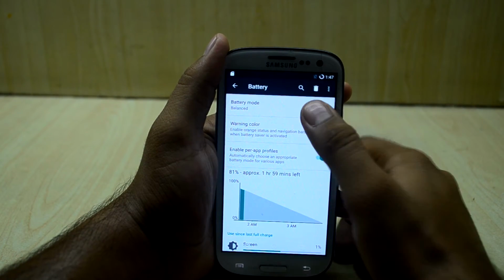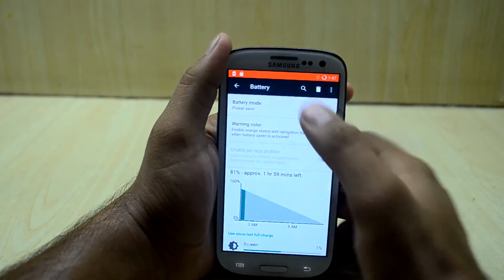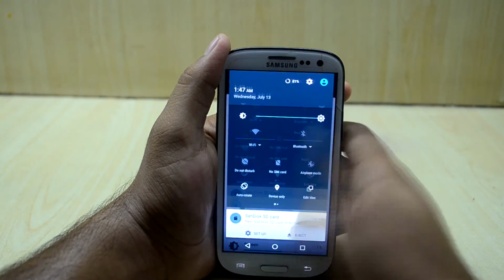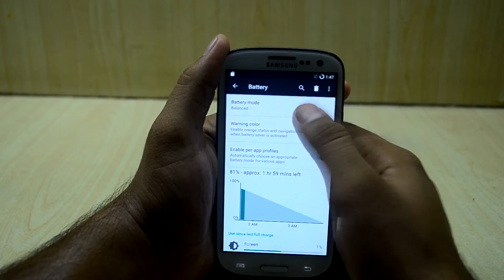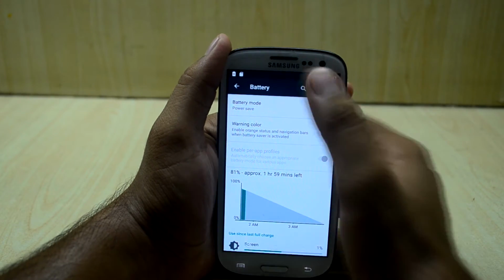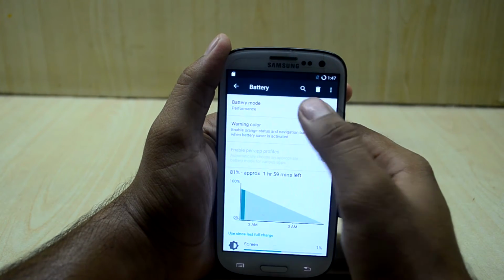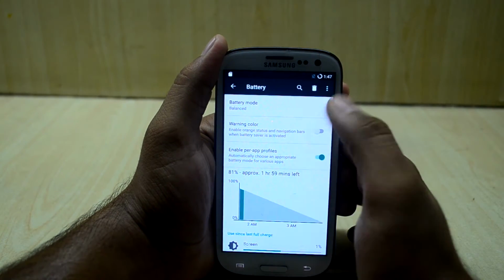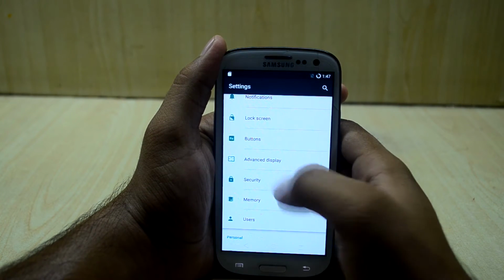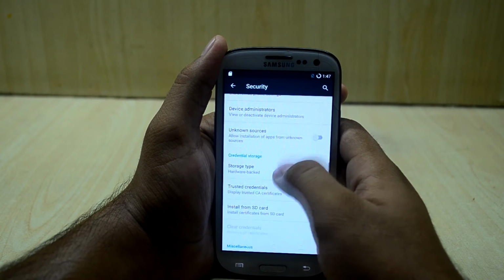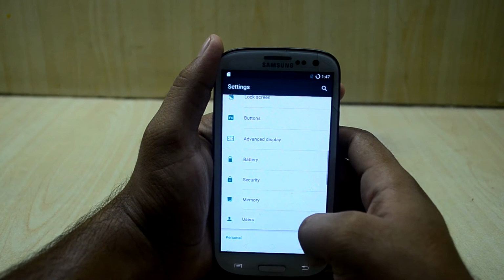And you also have the battery modes, you have the power saving mode, which also comes with a notification in the notification bar, and you also have the warning color. You can turn it off, and when you go into the power saving mode, it does not show the orange color. And you also have the performance mode, and you also have the battery mode. So let's get out of it. And you have the memory and security settings. You can encrypt your phone, you have the storage type, and you also have the users,